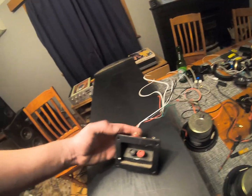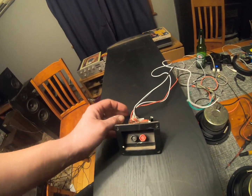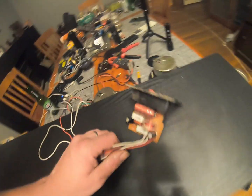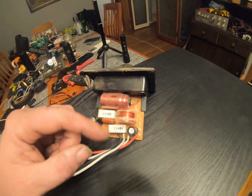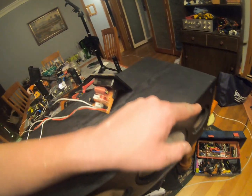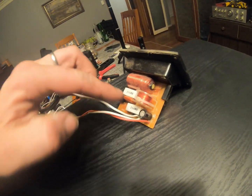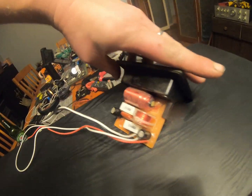Alright, I've got the crossover off. It's basically just take the back terminals off the speaker box and the crossover is connected to the back. What we have in it is a coil probably separating some of the frequencies, obviously low, mids and treble. Oh no, because what have we got? 2 drivers, not sure, but we've got 2 coils, we've got a couple of resistors, and we've got a couple of capacitors. Now the resistors look right, they're not burnt or charred or discoloured or anything, as with the coils,